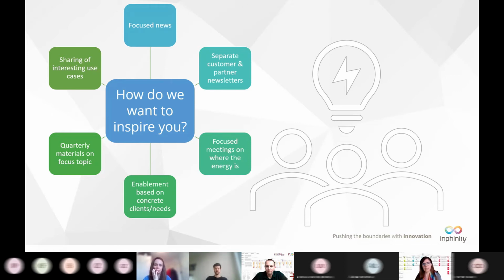And also, it's the same concept with enablement, where instead of pushing and insisting, let's have all that enablement all at once. Talking mainly about technical enablement now, we've got a lot of feedback that it's nice that we want to give you enablement, but you need it when the client comes. So this is something we also want to work on with you, with concrete clients and concrete needs. This is when we'll work with you a little bit more on the enablement.